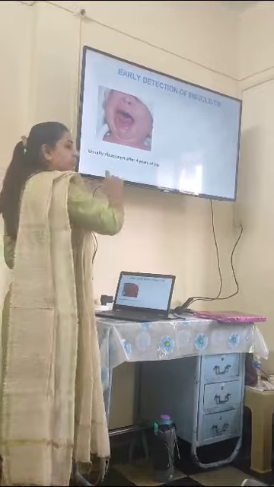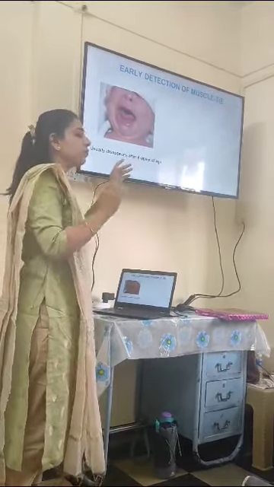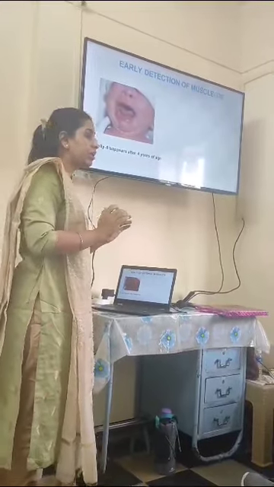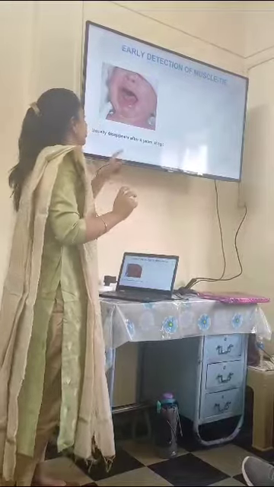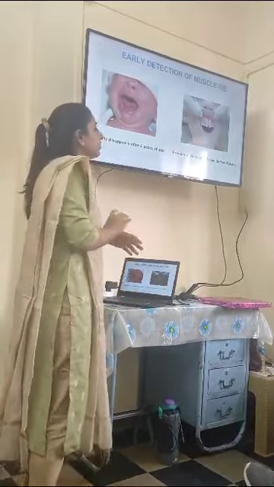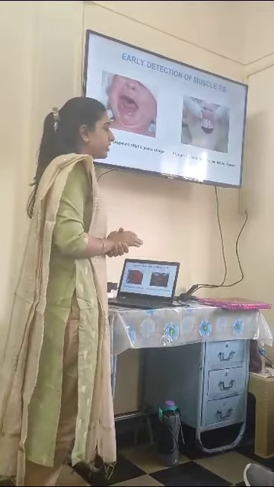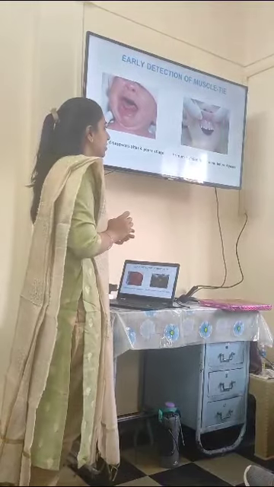Because the alveolar bone develops with the eruption of teeth. At the age of 4, most of the primary dentition is there. So you need to wait. If it persists even after that, you need to undergo excision. The second one is the labial frenum. The labial frenum excision is not to be done before 4 years because of the same reason: the alveolus develops with the eruption of teeth.